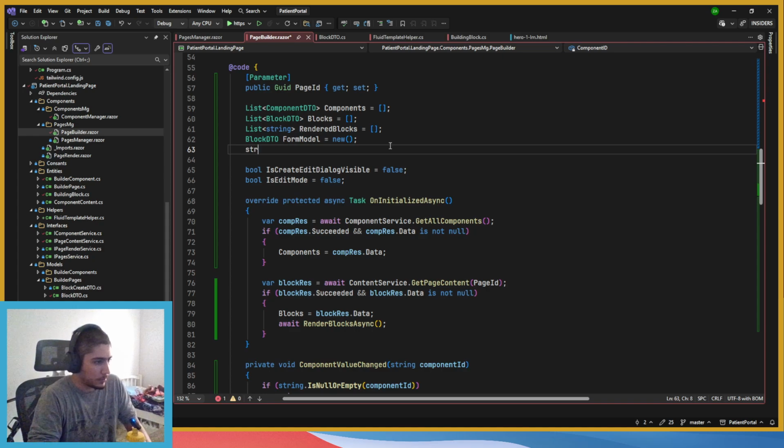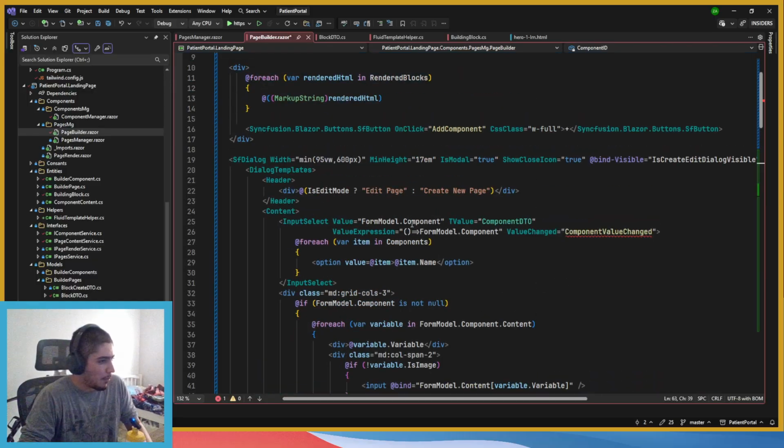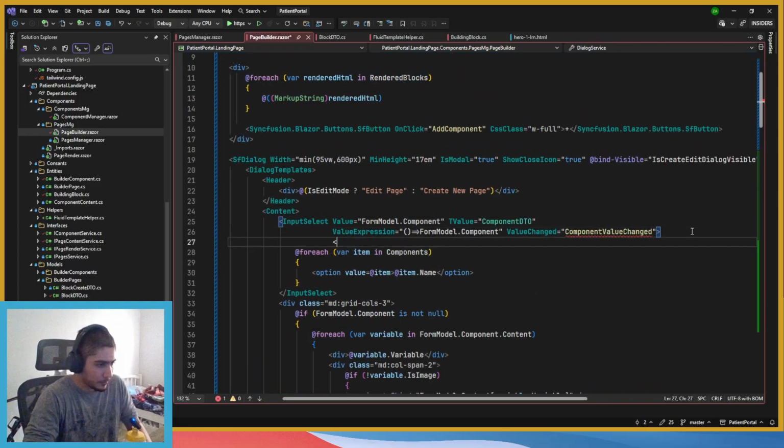Okay, string actually. Component ID, string that's empty. Seems fine.